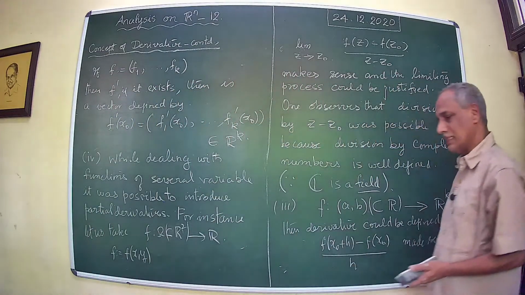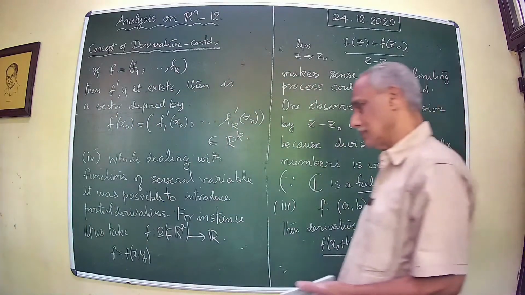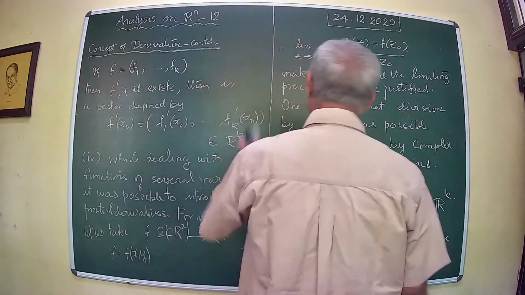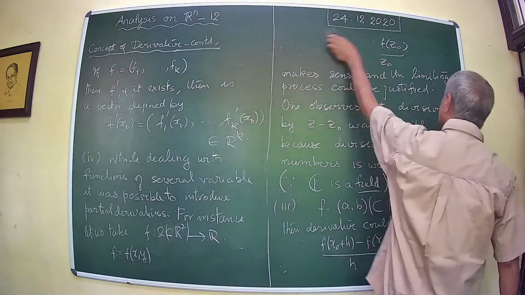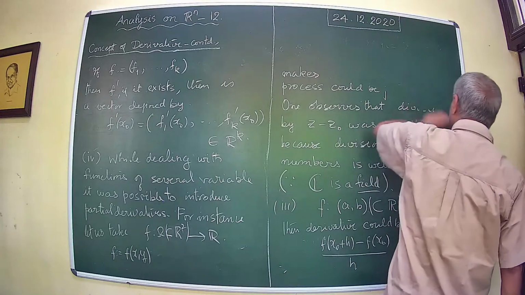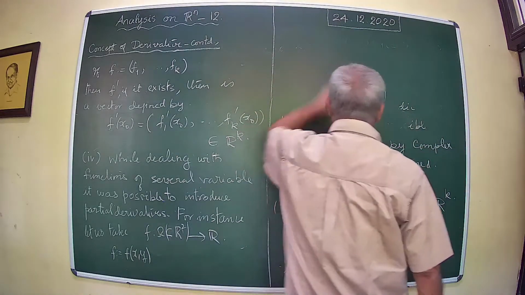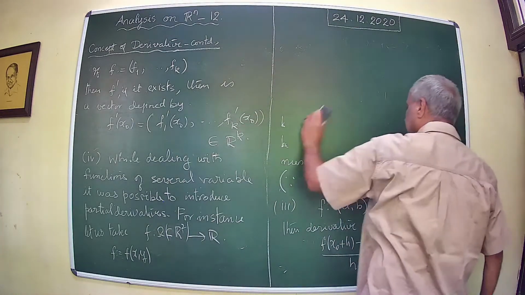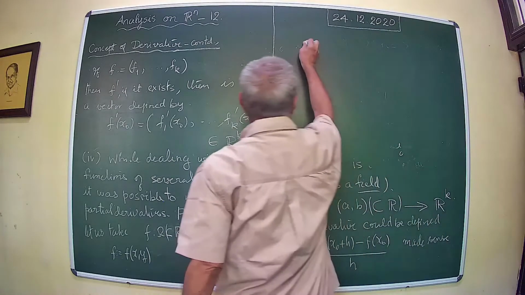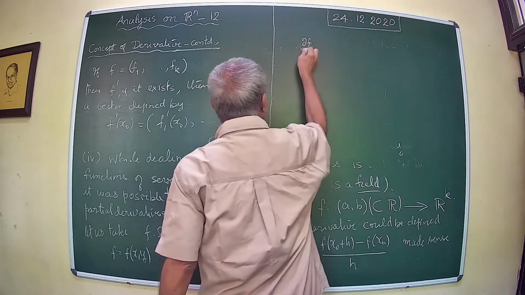Now you see that, taking the same path of definition of derivative, whenever the derivative did exist, we defined a partial derivative,